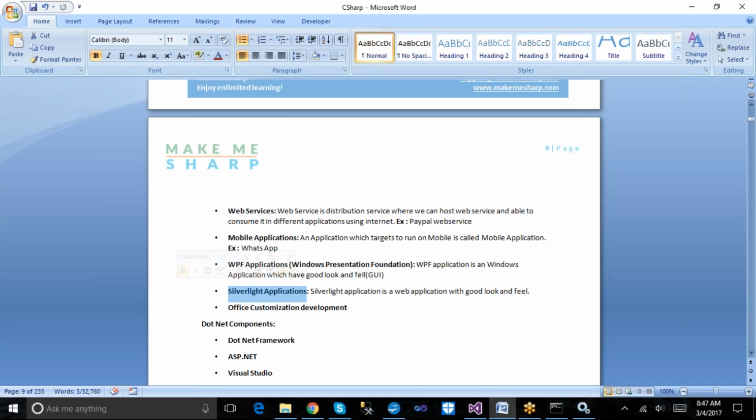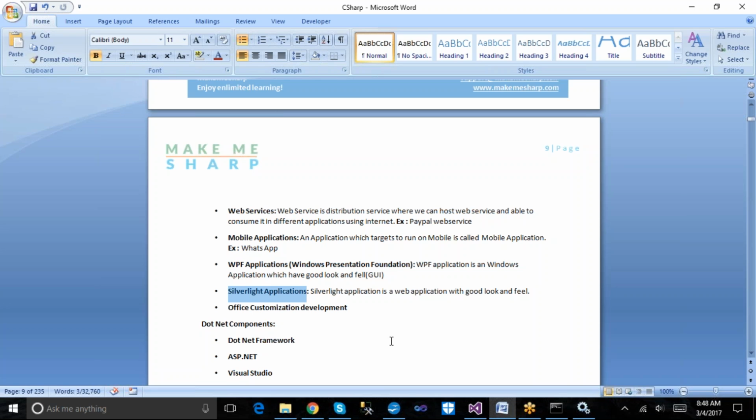Currently, Microsoft is not providing support for Silverlight applications. I can say it is a deprecated technology in terms of Microsoft. Previously it had great demand in Microsoft technologies, but due to some security restrictions, Microsoft stopped supporting Silverlight applications.